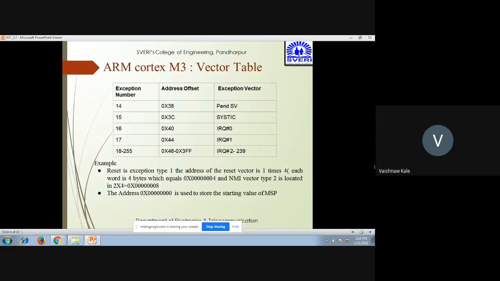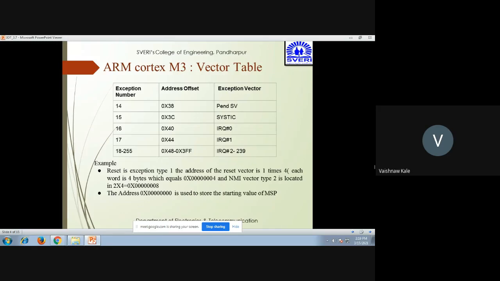Similarly 14, 0x38, PendSV. 15, 0x3C, is SysTick. 16, 0x40, is interrupt request #0. 17, 0x44, interrupt request #1, and from 18 to 255 it will be interrupt requests 2 to 239. In this way the vector table can be used with the exception number. So whenever an exception event happens, that exception number with the address will be given.